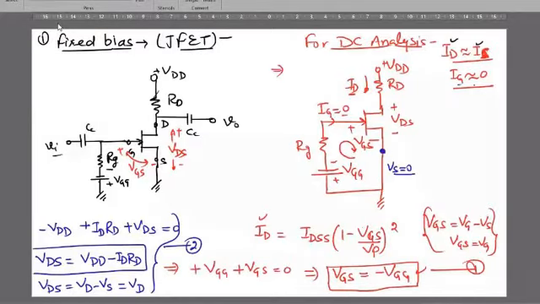Only there. First one, that IG remains 0. So ID becomes equal to IS. This is the first assumption. That is all that is required, and VS equals 0 because this is directly grounded. So two assumptions are there. If you know these two assumptions, then simple KVL you can apply and you can solve the numerical related to this fixed bias. Fine, this is very easy.